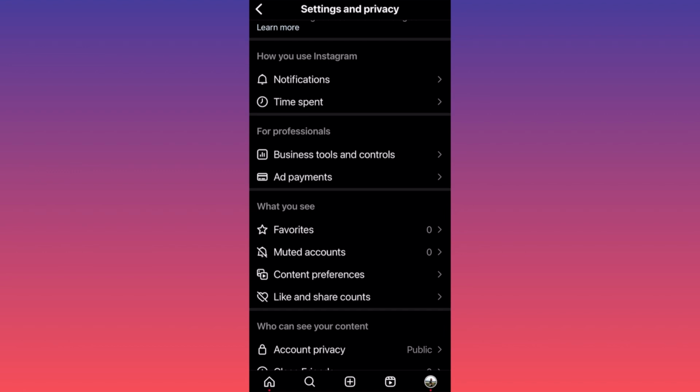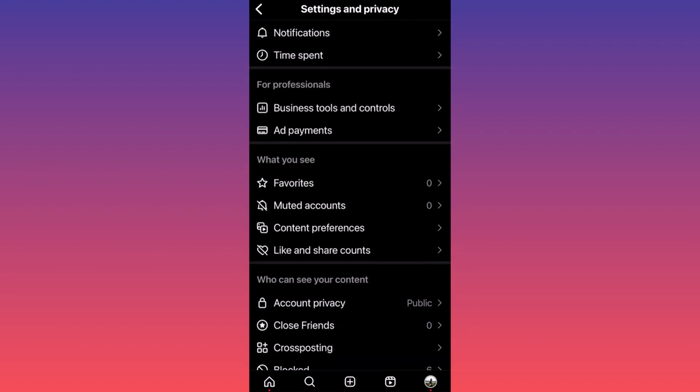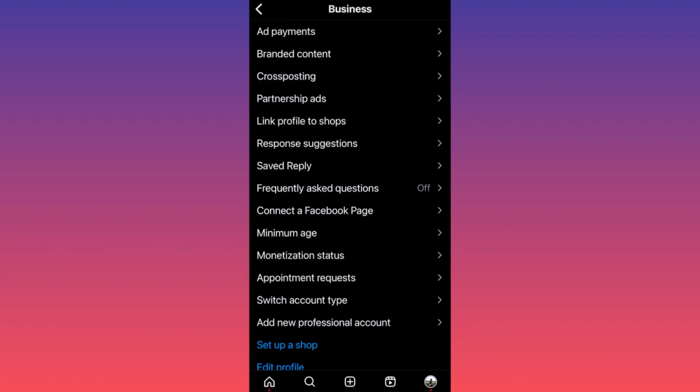Now, instead of account type and tools, we have a business tools and control. Right over here, you have a bunch of different functions to run your business, run ads, and make a lot more